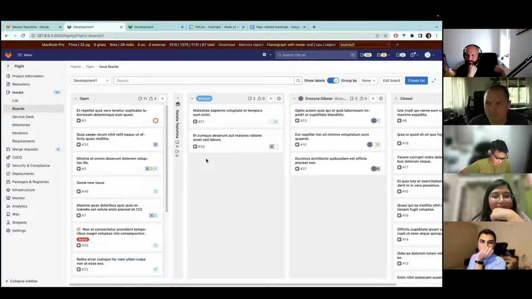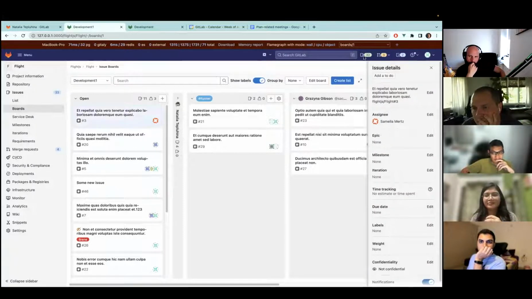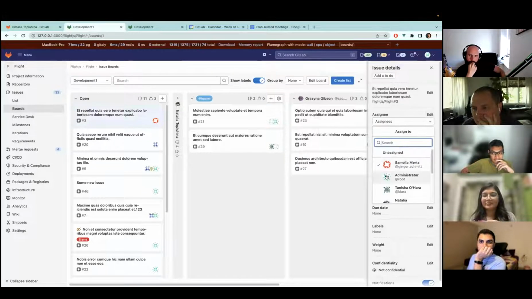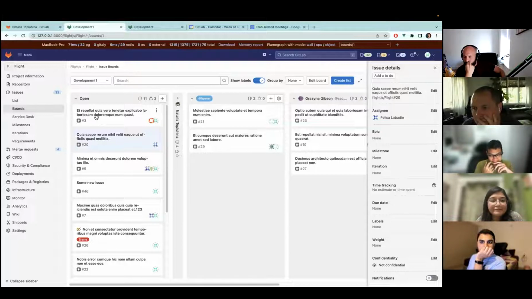Probably you all remember that we had a bunch, and we still have a bunch of bugs where we desynchronized the sidebar from the actual issue. There was quite an interesting bug where you could assign a user on one card, switch to the second one, and the assignment is applied to the second card. This bug still exists because our sidebar and our board use different states, Vuex and Apollo respectively.